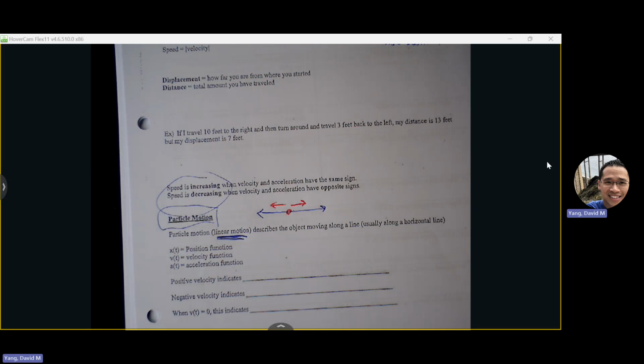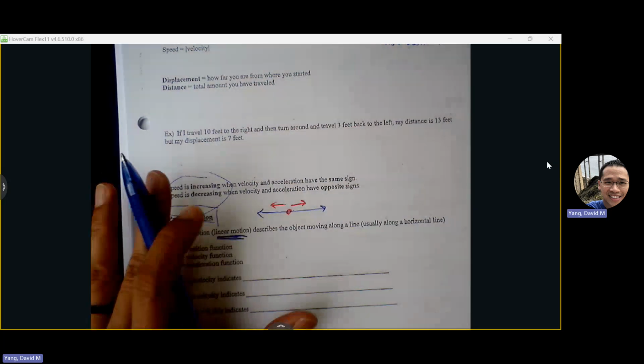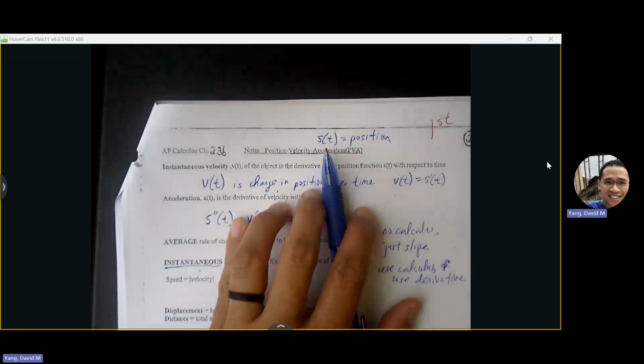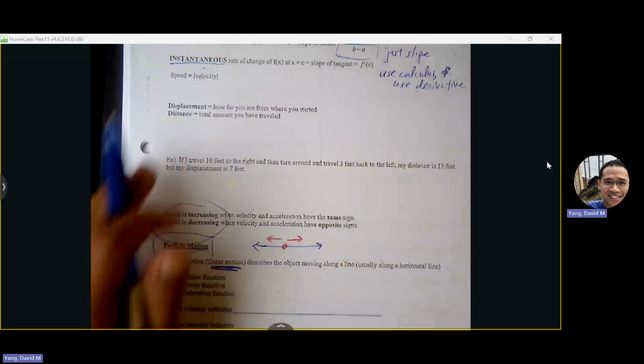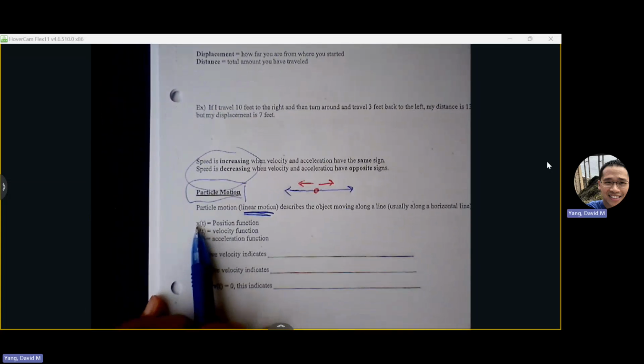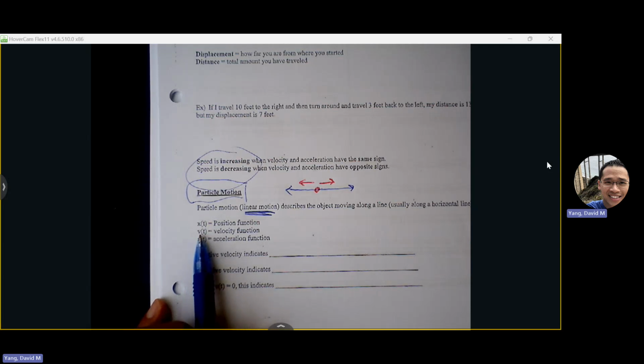So sometimes, instead of S, there are a lot of different variations of the position function. You may see S of t to represent position. You may also see X of t to represent position, and X of t usually indicates that this object is moving along the x-axis, and we're asking for the position of that particle along the x-axis. But the V in velocity and acceleration still maintains the same letters; it's position that can change its letter